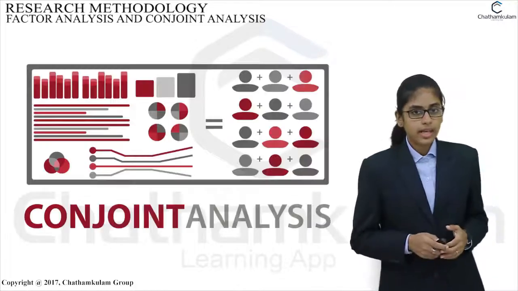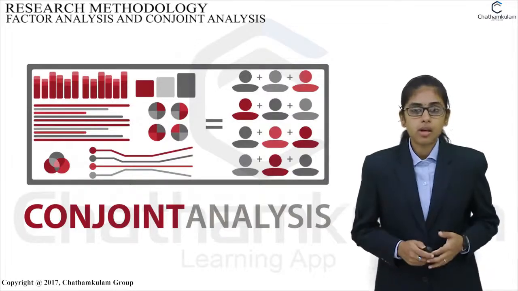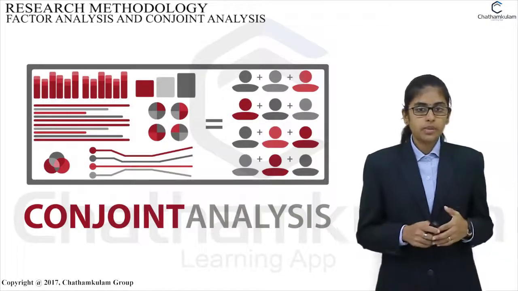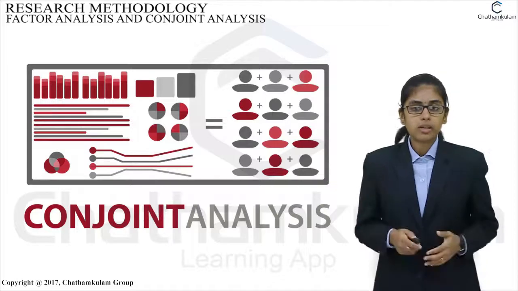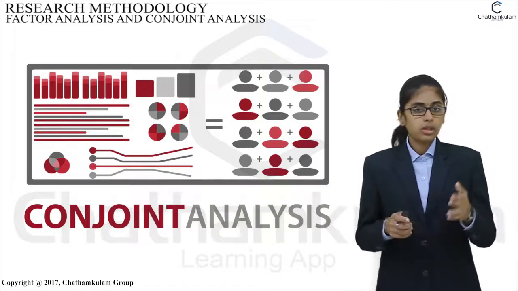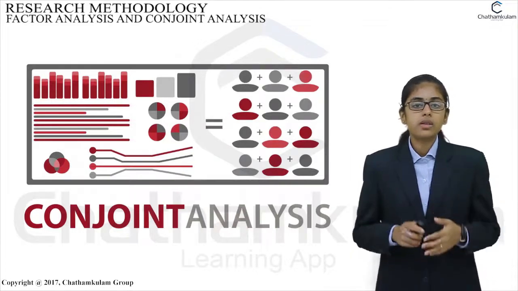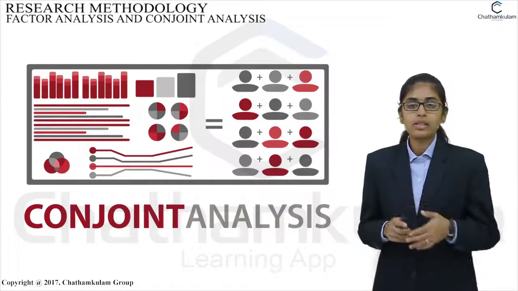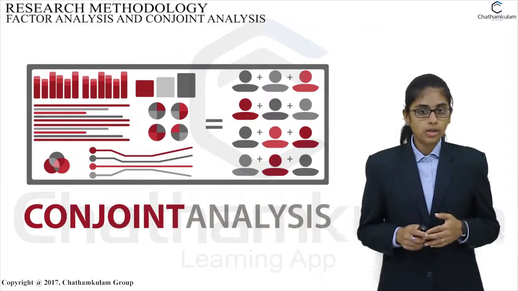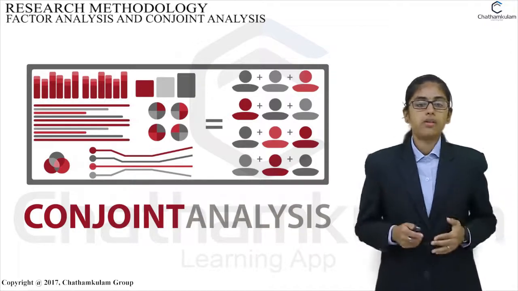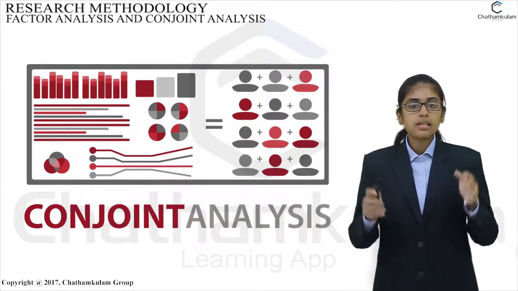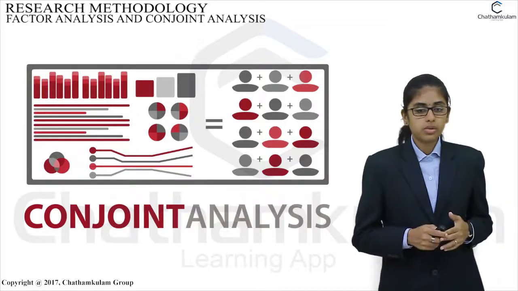What is conjoint analysis? A product or service has several attributes. By an attribute, we mean a characteristic, a property, a feature, a quality, a specification, or an aspect. A buyer's decision to purchase a good or service is based on not just one attribute, but a combination of several attributes. That is, he is concerned with a join of attributes.